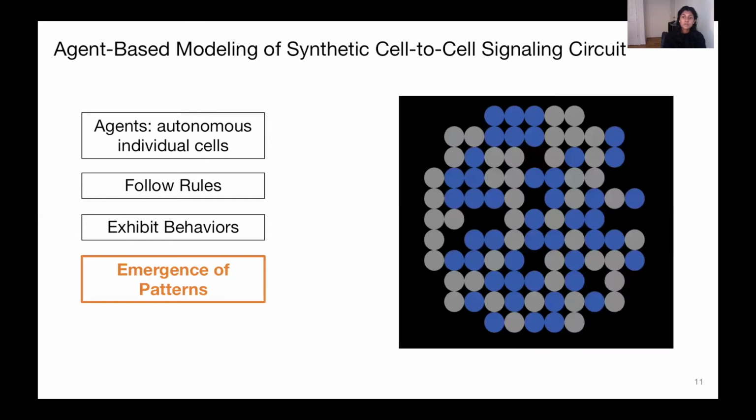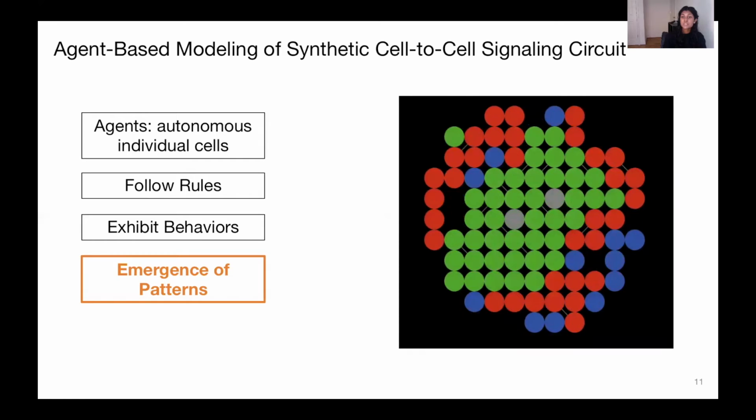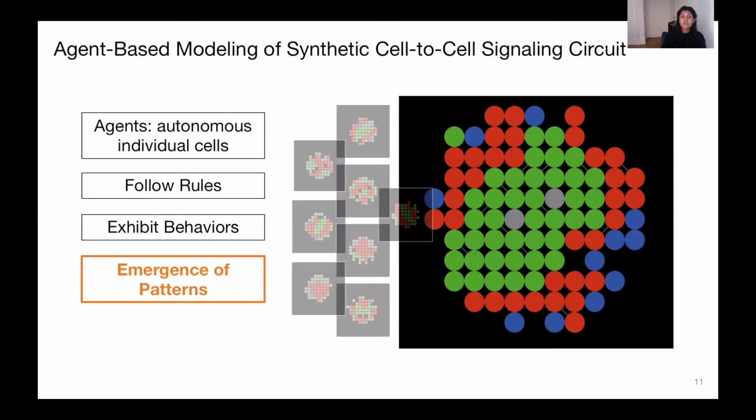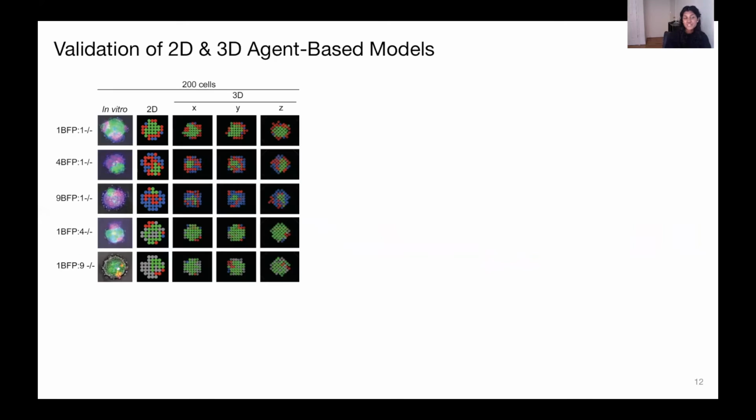And when we run these models over time, we can see the emergence of spheroid level patterns as a result of the individual cell-to-cell interactions. So here we can see that core pole pattern being recapitulated. But when we run the model for other initial conditions and signaling parameters, a wide variety of other spheroid level patterns can emerge. After developing our model, we validated it by co-culturing varying ratios of sender and receiver cells in vitro